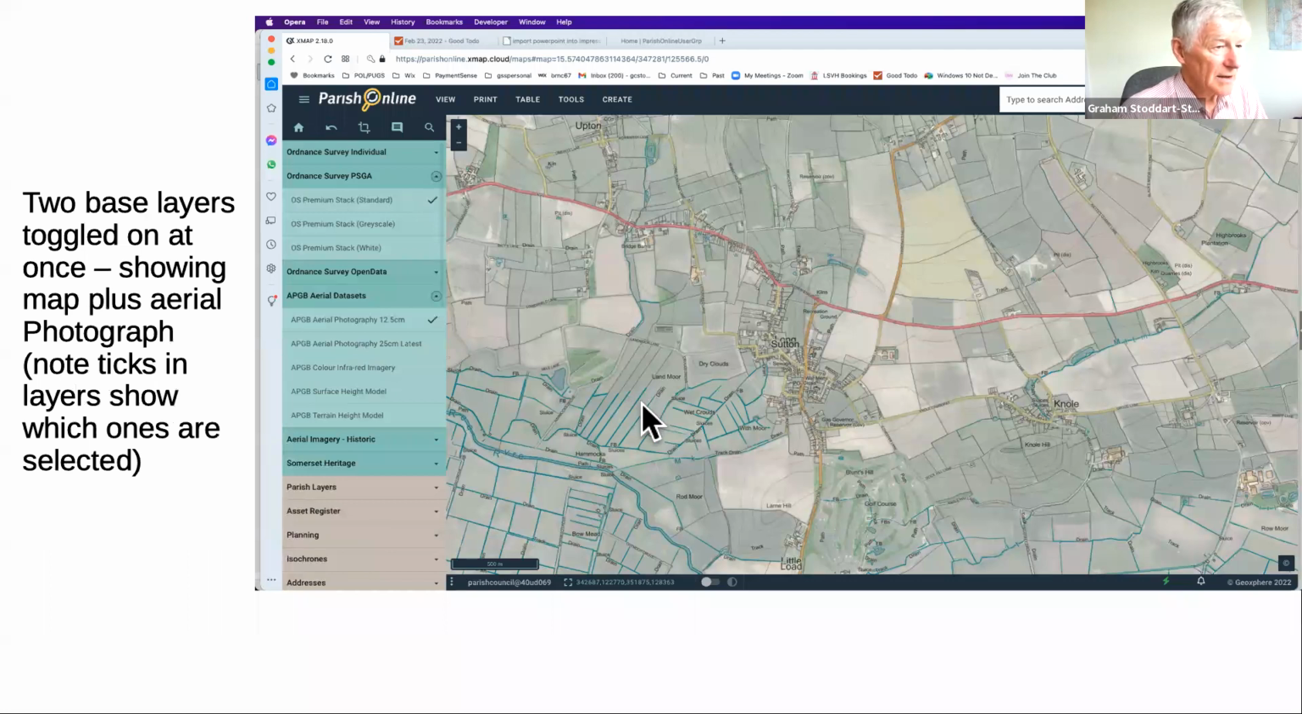What I've done here is turned on another layer. So I've gone back to the basic stack, the standard, and I've also turned on the photography. So you've got 2 layers on at once, and it looks a bit, what's the word, vacant. It's neither one nor the other. And this is deliberate. This is intended to be helpful, because if you just look at pure information on